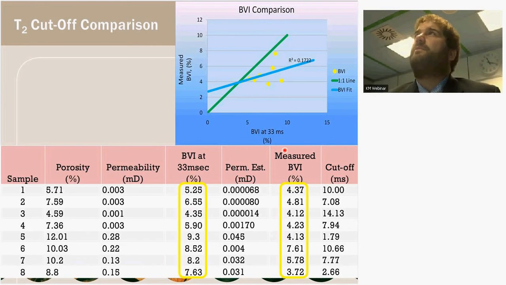When we take measurements and refine that cutoff back to 10 milliseconds, we'll get less bound fluid, so we actually have a lot larger amounts of free fluid. And that's going to be important, right? So that's, in some instances, the free fluid is under-predicted by almost a factor of 5. And this is a substantial impact when you're analyzing your logs,